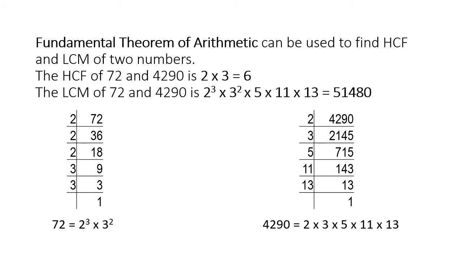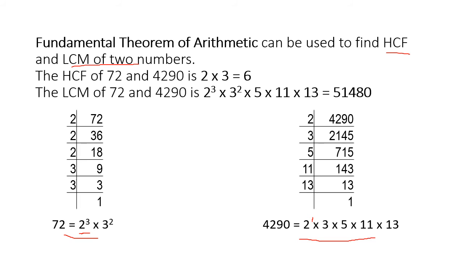Now this you have done in previous classes. Do you remember this? Finding the HCF and LCM by prime factorization. So here again I have written the factors below. Now in HCF what do you do? To find the HCF you take out the common factors. HCF means highest common factor. But what you have to do here, when you compare the common factors, you have to take the lowest power. Here it is 2 raised to 3 and here it is 2 raised to 1.